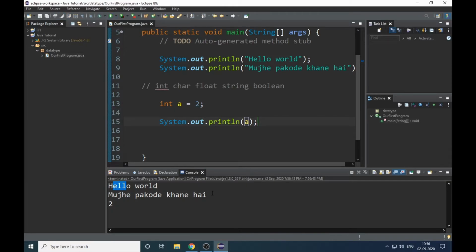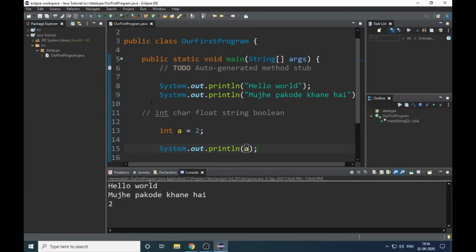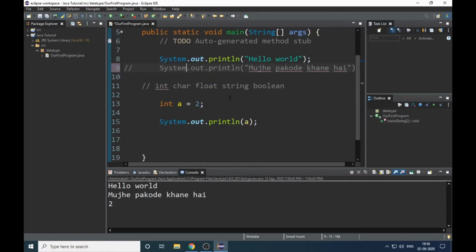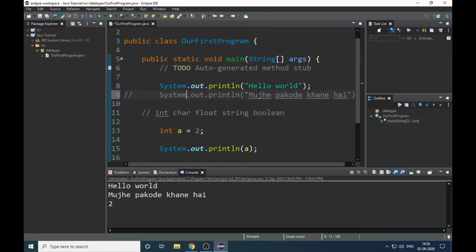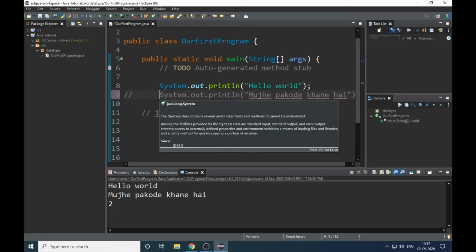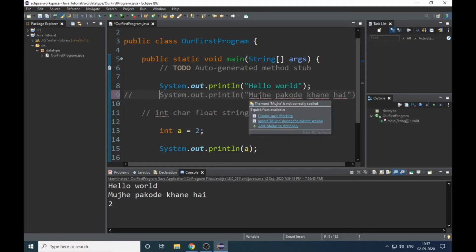Hello world, I will remove this line. So if here I type control and this, I have commented it out. Okay, here you can see one more thing, that I just commented it out. So what it means is this statement will not be executed by the compiler.